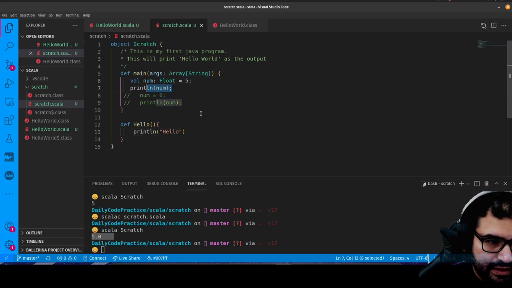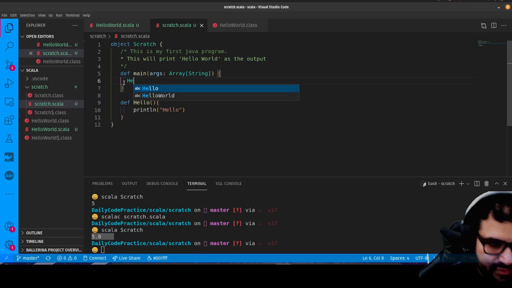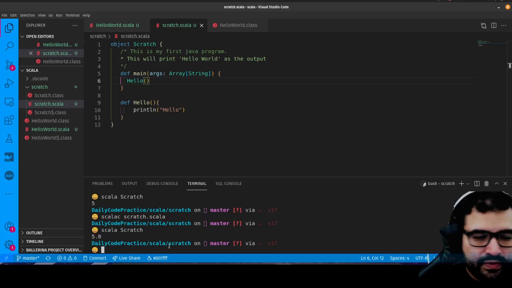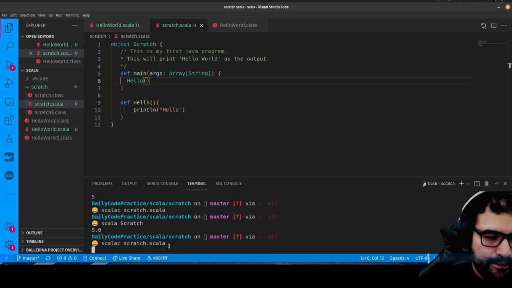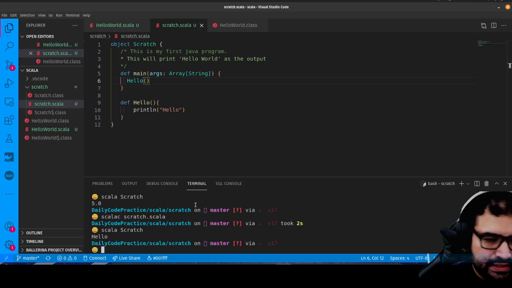And I think I should be able to just use the method as is because it's part of the same class. So I don't think I have to write this.hello or anything like that. I can just do hello. We'll find out in just a moment. So let's try that out. And then let's run the code and see if it works.